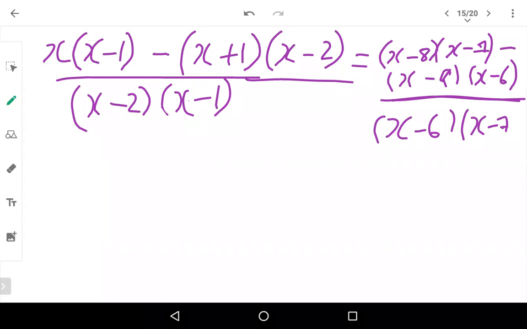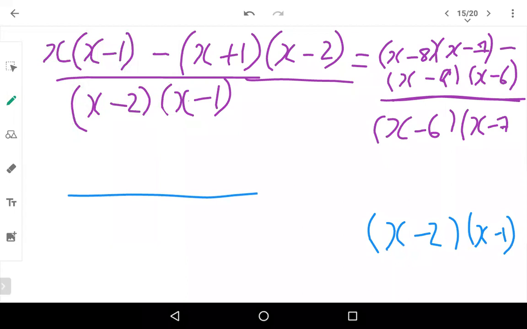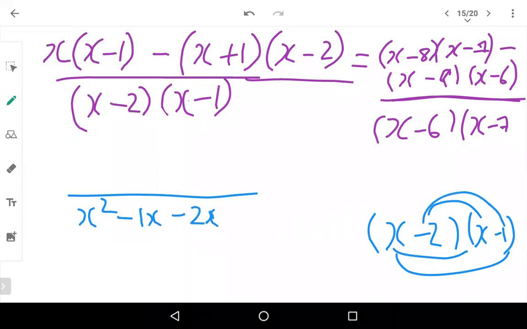Okay. Now let us start simplifying it. First we have to multiply and then we will be simplifying them. Okay, I'm choosing a different color. So x minus 2 into x minus 1, that is the denominator. So x into x is x square, then x into minus 1 is minus 1x, then minus 2 into x is minus 2x, minus 2 into minus 1 is 2 ones are 2, minus into minus is plus, so plus 2.